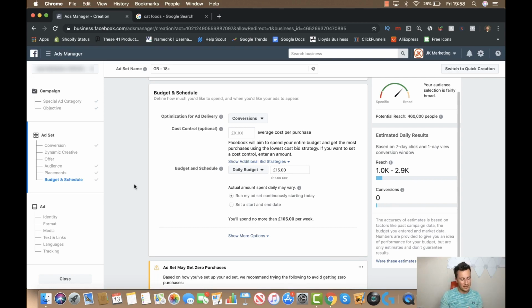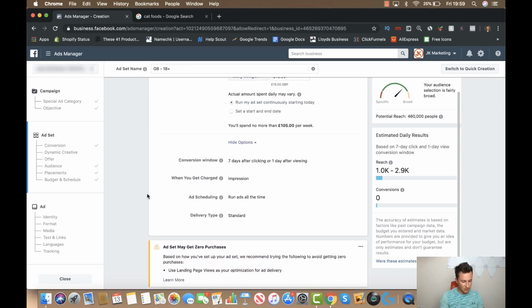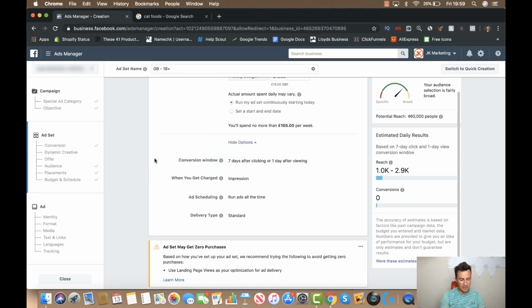With that being said, moving on to the final few options. There's not going to be a lot of these I change, if at all any, especially the conversion window. If you're not sure on any of this, you've probably spotted these little eyes that give you an explanation. Some of them aren't clear, so I like to give my own explanation just to try and make them even more clear. Basically the conversion window is the time frame in which Facebook will use the